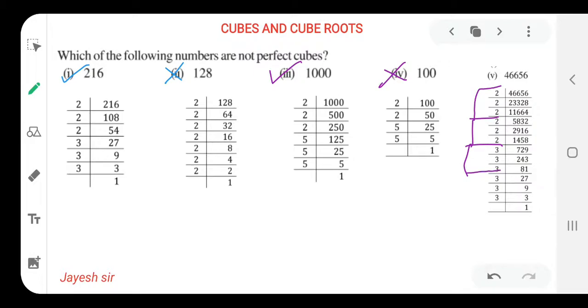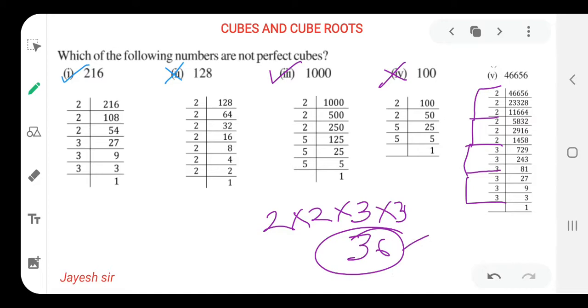Similarly over here, yes, we can find a group of 3 threes is there. Again the group of 3 is there. That means two groups of 2 and two groups of 3. So it is a cube of which number? We have to take ones only. 9 4s are 36. So it is a cube of 36. In this way also we can find, but here we need to find whether it is a cube or not. Yes, it is a cube.